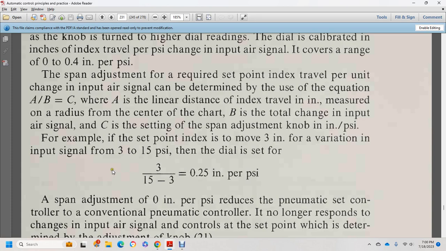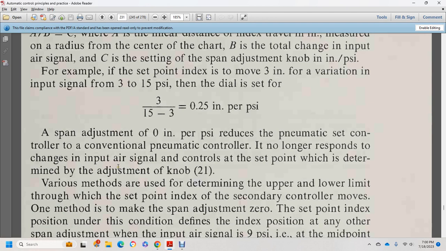equals a quarter inch per PSI with the span adjustment. With 0 per PSI, the pneumatic set point is reduced, and the conventional pneumatic control no longer responds to the change with the input air signal. The control set point is determined by the adjustment with knob 21, and there are various methods